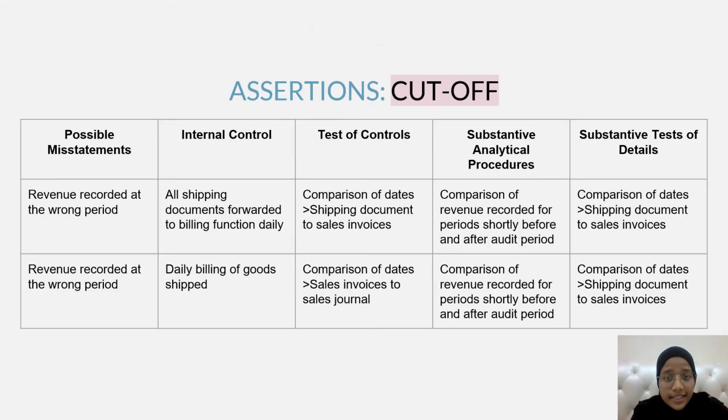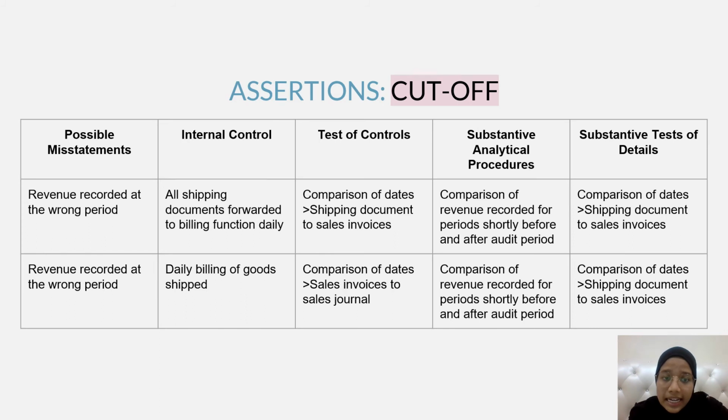So the last assertion is cutoff. Cutoff is where all revenue and cash receipt transactions or events are recorded in the correct accounting period. The possible misstatement that might occur is revenue recorded at the wrong period. So the internal controls involved are all shipping documents forwarded to the billing function daily, and daily billing of goods